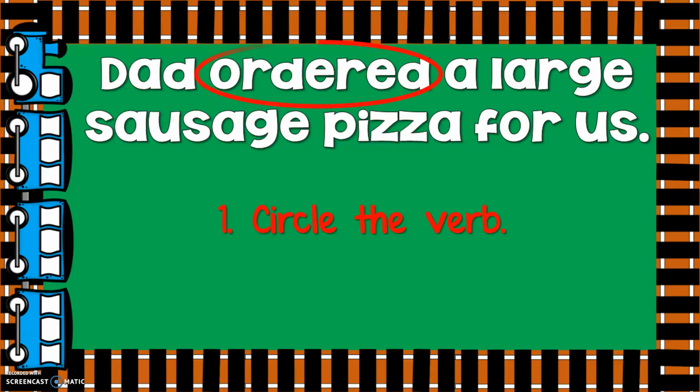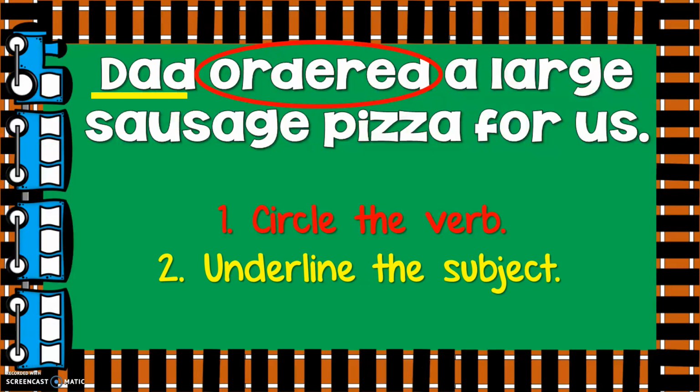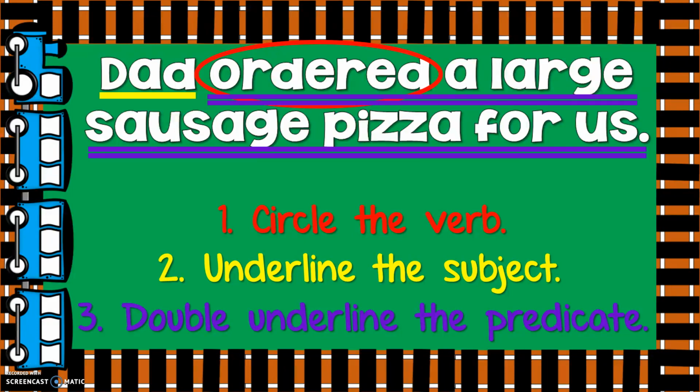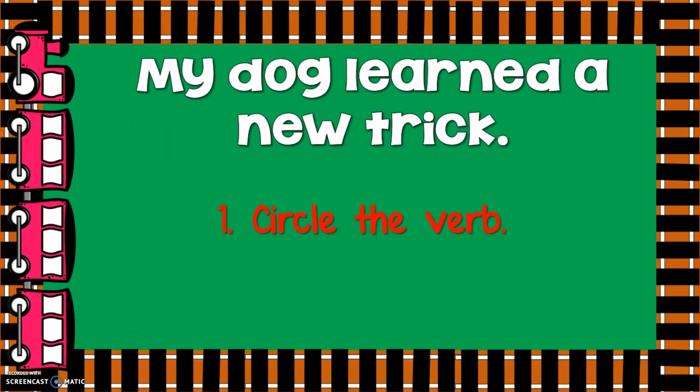Verb, subject, predicate. Sorry about that. I'm filming at home. Last sentence. My dog learned a new trick. Verb,